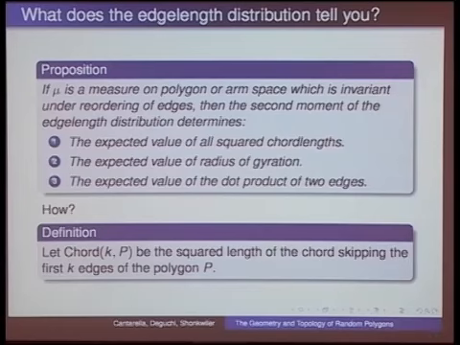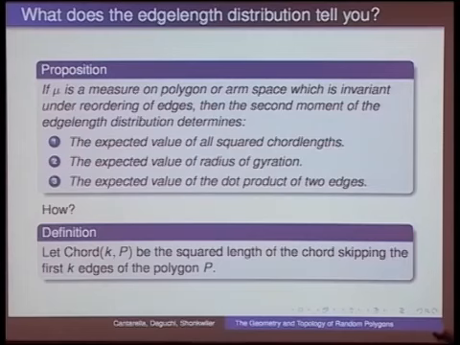So squared chord length skipping some number of edges, the expected value of radius of gyration, and the expected value of the dot product of any two edges. So I thought it was kind of amazing that you could get all this just from edge length under this